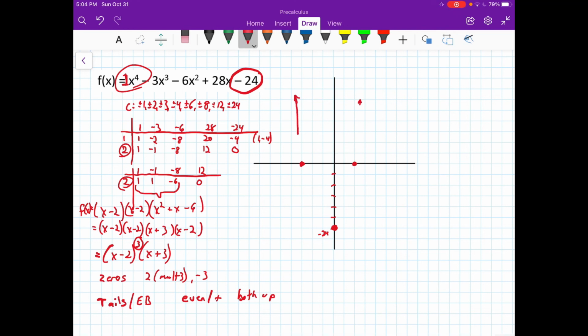So what we're going to do here, we're going to come down. We come to -3, and it passes right through there. We're going to hit -24. It might go down lower and then come back up and hit -24. We're not exactly sure, but let me show you what happens at this multiplicity 3 here. It comes up, and it usually does a little bit of a turn like this, and then comes up like that. So if it's multiplicity 3 or 5 or 7, something larger than 1, it usually passes through like that. So there is the graph of